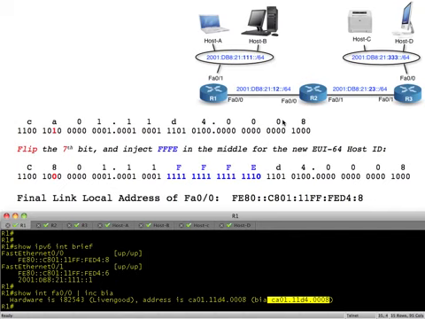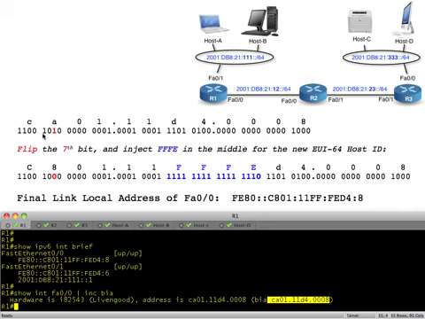Now check this out. The beautiful thing is we know how to convert between hexadecimal, which is how MAC addresses are represented, and binary. We know that each character turns into 4 bits, so great. Here's the CA0111D40008, just like it is right here. Now here's the magic. What the router does is it says, I'm going to take my MAC address off of this interface, and I need a unique 64-bit host ID for my link local address that starts with FE80,